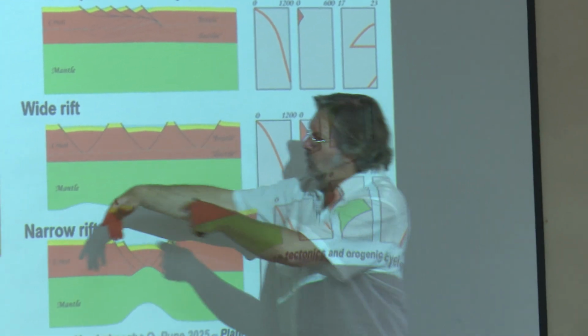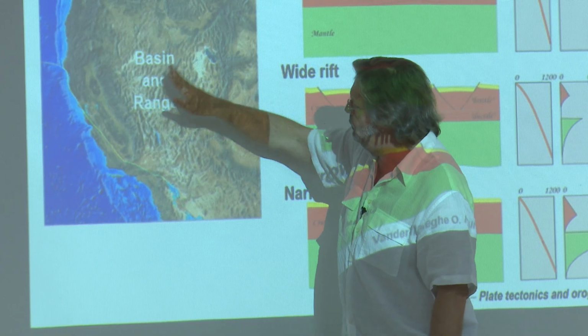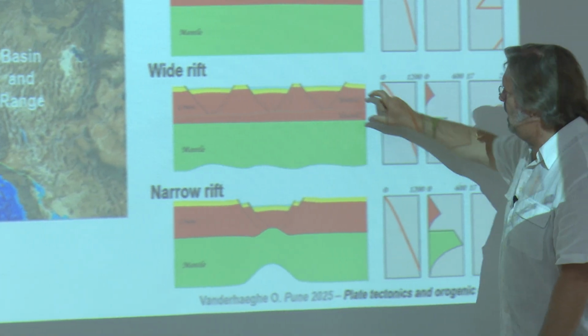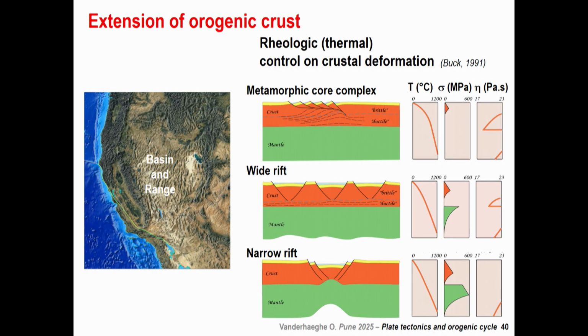The wide rift, which is the current day situation for the Basin and Range, with all these ridges, are horsts and grabens, is explained by a less hot crust, so a bit more strong, with a thicker brittle crust, but some ductile crust, that redistributes deformation from one place to the other by flow, horizontal flow of that weak ductile crust beneath high-angle faults. And this has been actually verified by a GPS monitoring of all the motion here on the